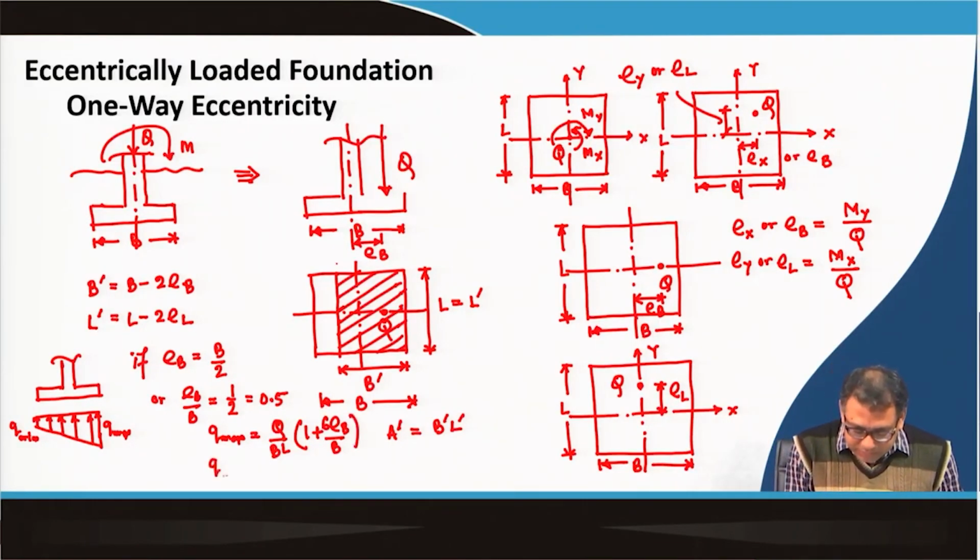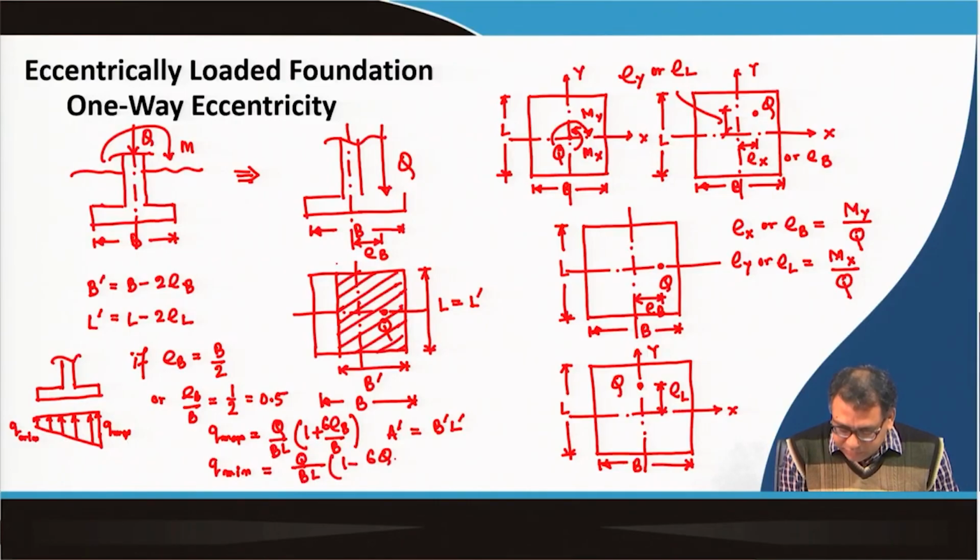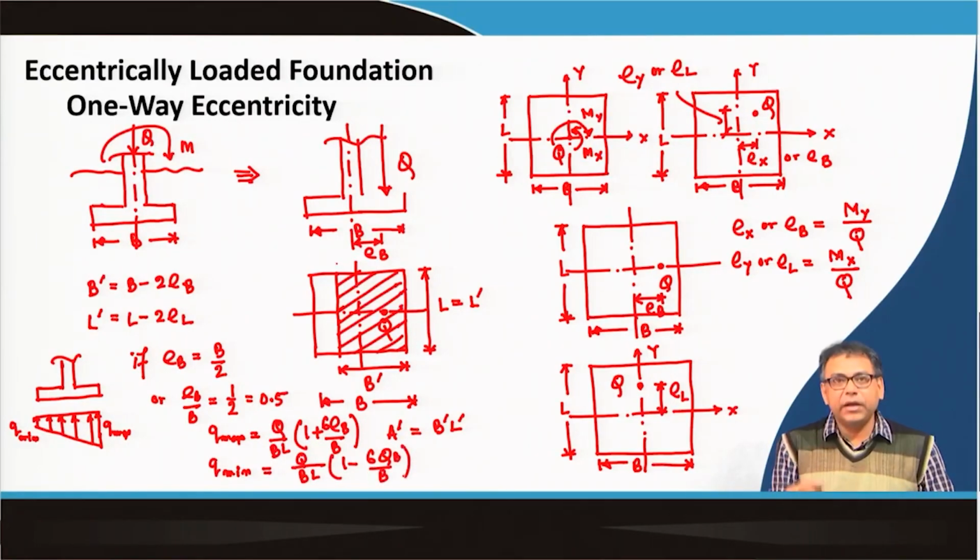Okay. And the q mean will be Q divided by B L, times (1 minus 6 e_B divided by B). If the eccentricity is in the length direction, then it will be e_L. So, you can see that